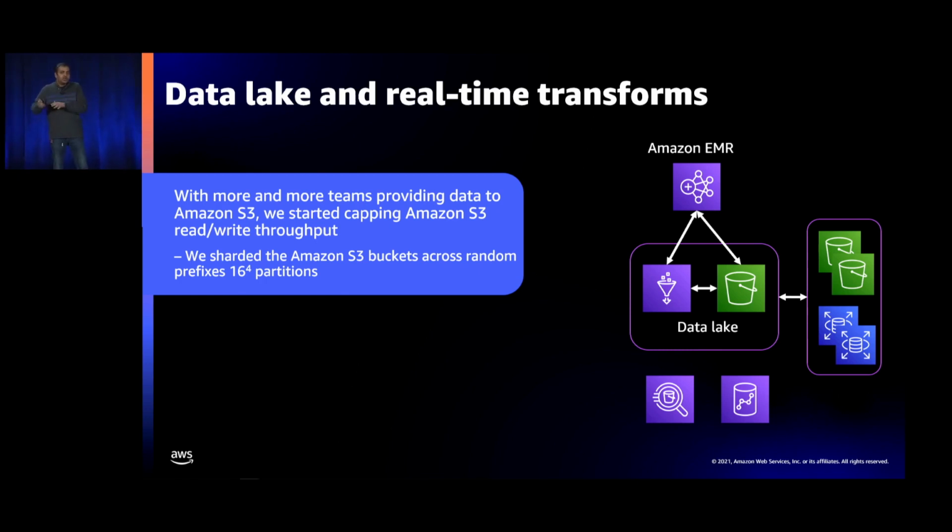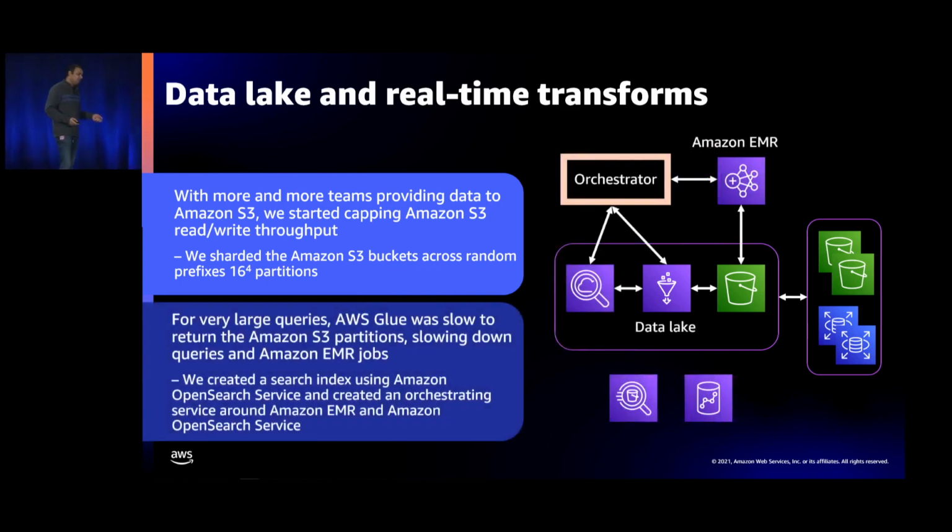Since all the data was still cataloged in Glue, there was no performance degradation for this. But again, it was time. Glue started to slow down then. There was more and more data, and there were larger chunks to be read through in those batch jobs. More and more S3 buckets were to be pulled in for job processing, and Glue started to slow us down.